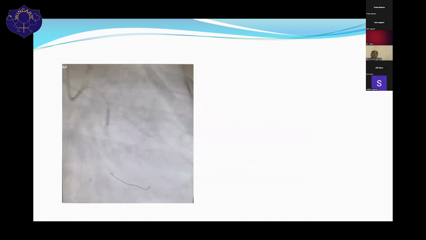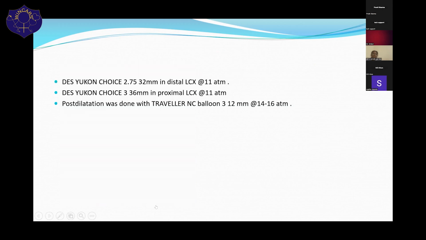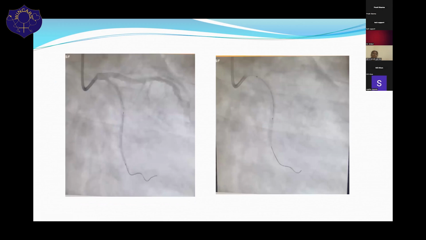So after the OCT run, we pre-dilated the lesion with a 2.5 15 NC balloon. After pre-dilatation of the stented segment, we stented distal LCX with a Yukon Choice 2.75 32 balloon at nominal pressure, and proximal LCX also we stented. This is the distal segment we used